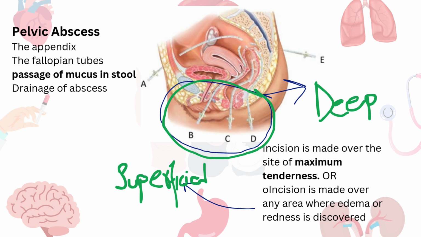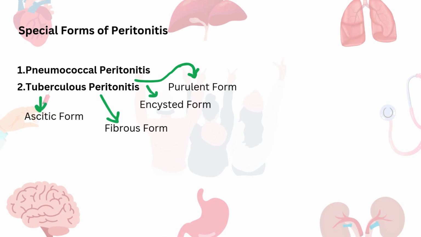The drainage can be done under the ultrasound or the CT scan, so you might not damage the other organs which might be present in the surroundings. Then we have some specialized forms of the peritonitis, which could be the pneumococcal peritonitis, which is characterized by